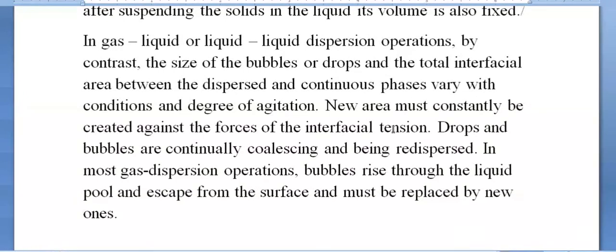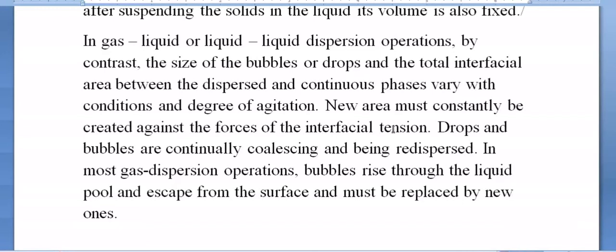So what will happen, sir? A big air bubble comes inside the system. It takes the blows of the agitator, then it becomes 3 or 4 air bubbles, and in the bulk of the liquid they start moving upward. Bubbles rise through the liquid pool. Why is it rising? Because it is a gas, its specific gravity is less, and the second condition is that it is not soluble in the liquid.